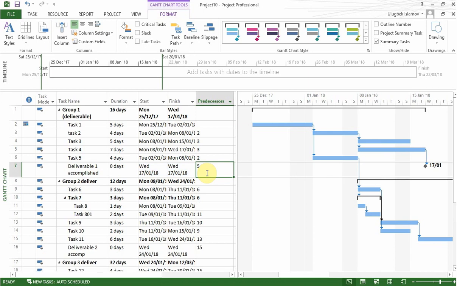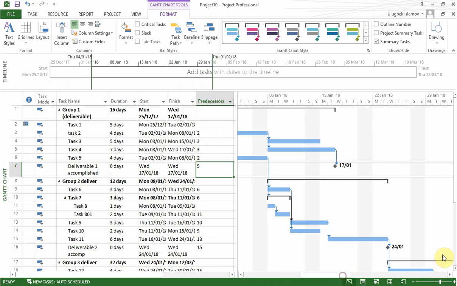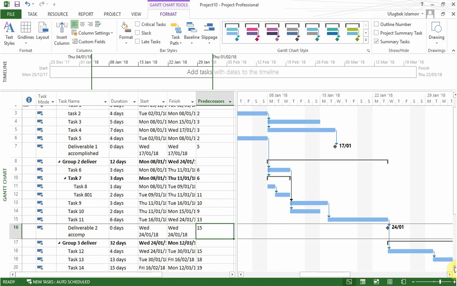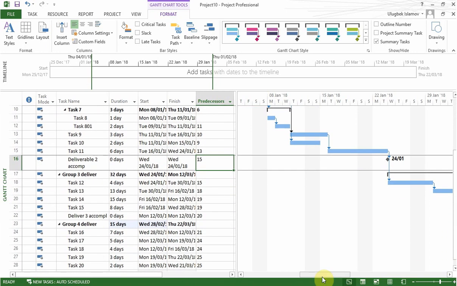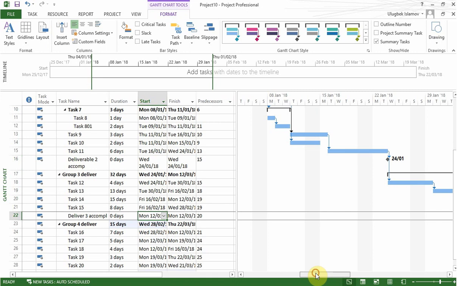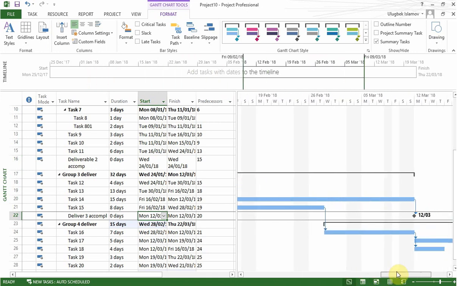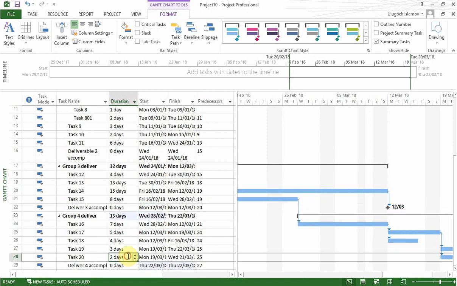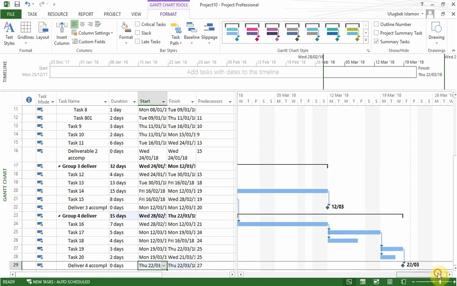So I've set milestones for all of our deliverables, and if we take a look now at the Gantt chart, here we have the first one, and also we can see here the second one, and if we scroll down, the third, yeah, and the last one, which is here. Now, okay, so